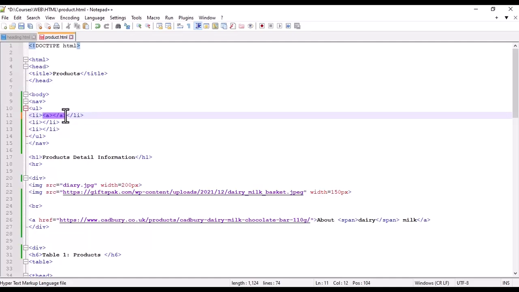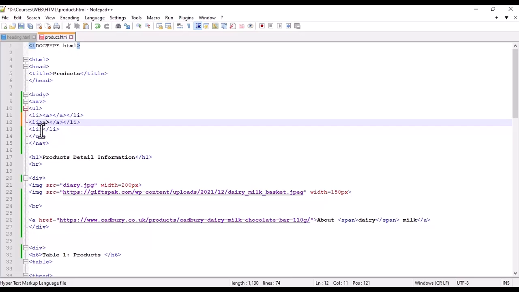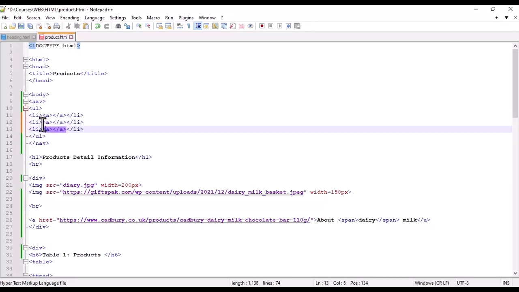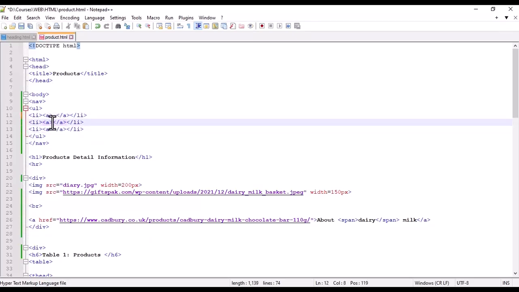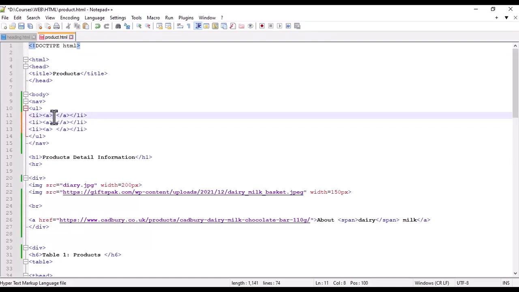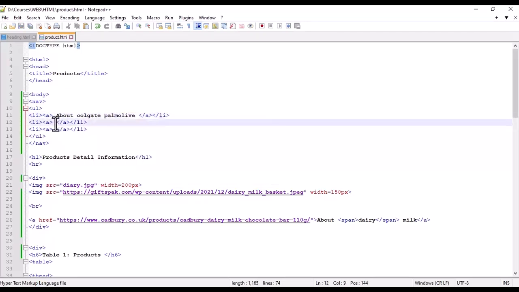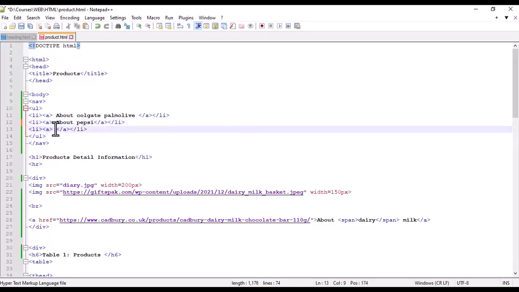Okay, so this is the anchor, and we write here about, for example, different companies' names: about Colgate Palmolive, about Pepsi products, and we write here